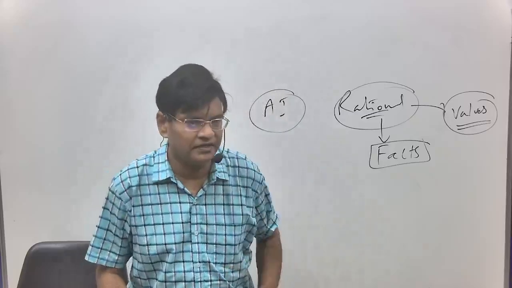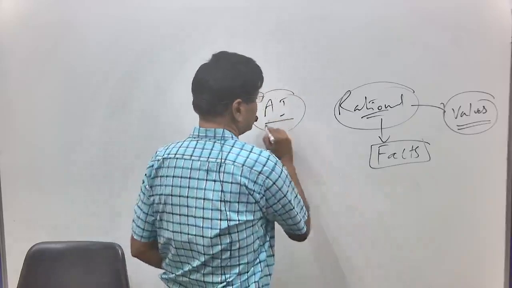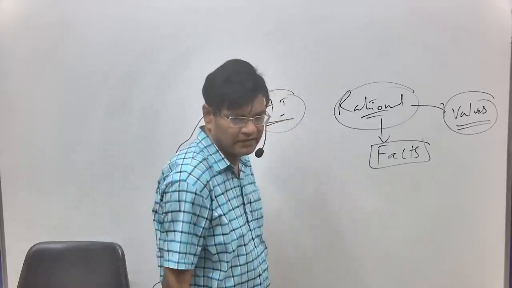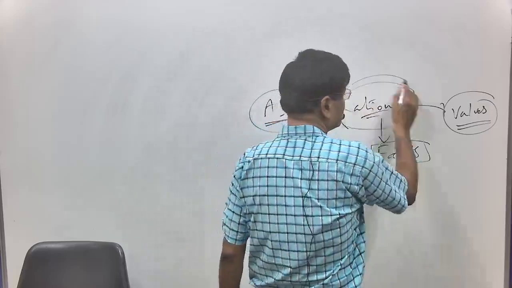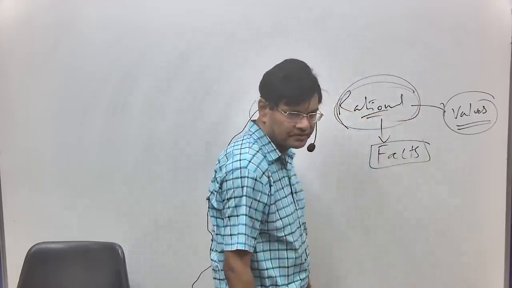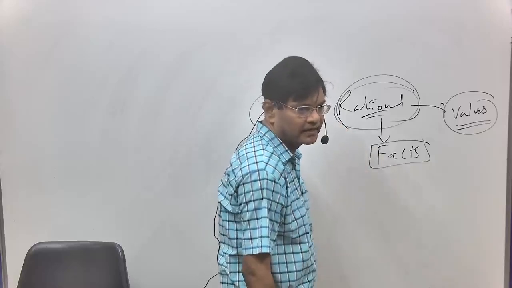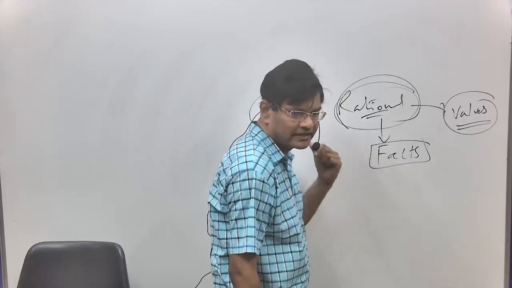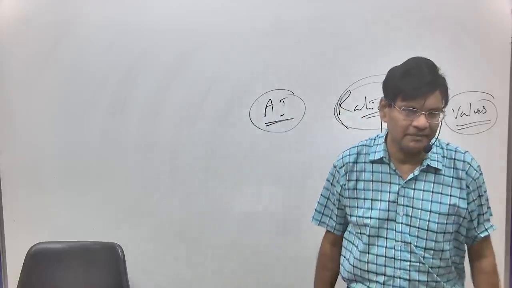And this is where the question comes in. The question says that when we are using artificial intelligence to take so-called rational decisions in administration, it can be debatable, it can be problematic. Why? What is the reason why it can be problematic? That is the crux of your answer. Why can it be problematic? Because